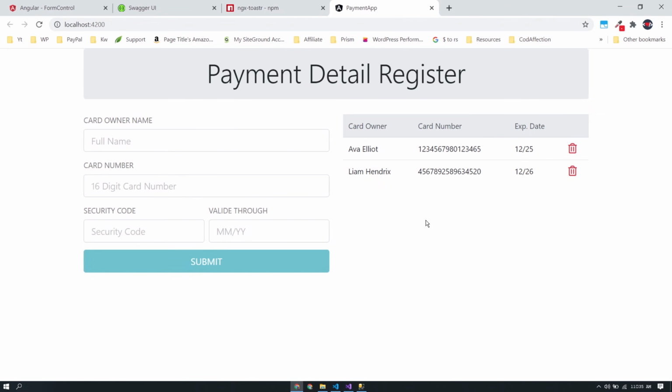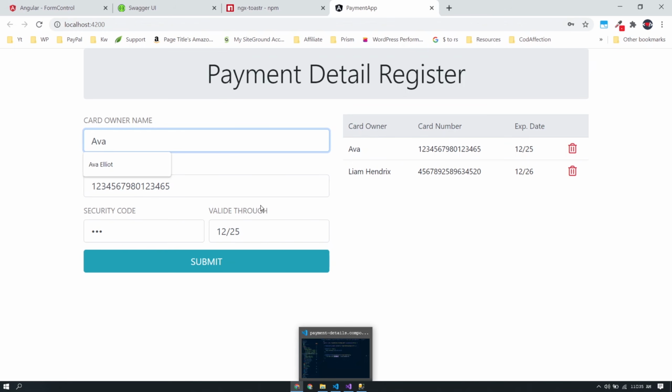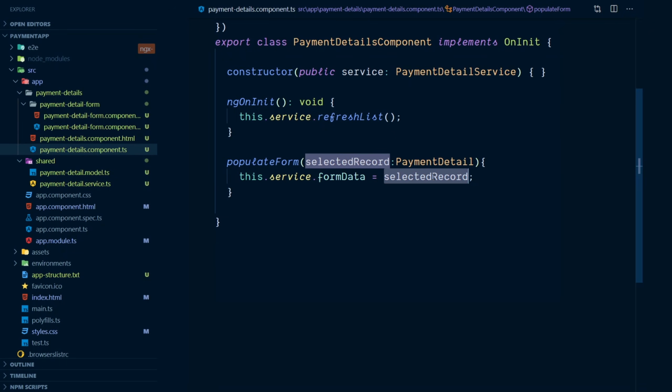Let's check that here. When we click on this array, corresponding record details are populated here. Now as we change values inside these input controls here, at the same time the property will be saved inside this table also. It is because of this direct assignment here. We are just passing the reference of this object into this, so whatever changes we make inside this will also reflect inside this object also. So in order to avoid this problem, we are going to make a copy of this object